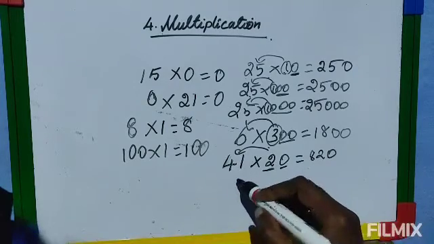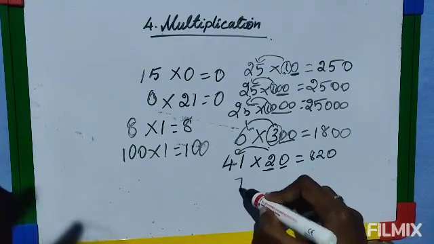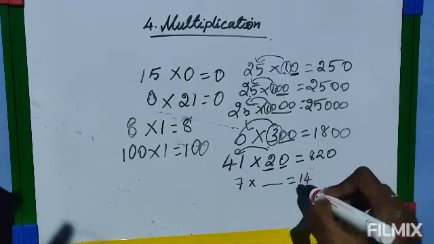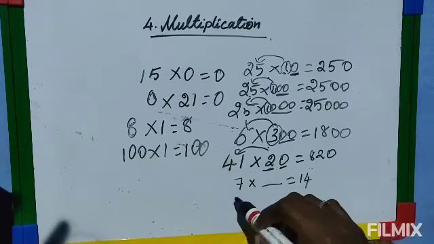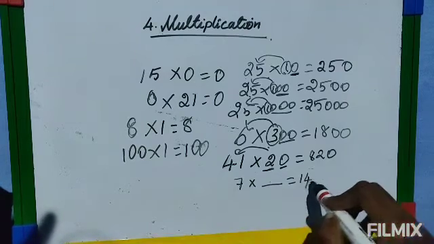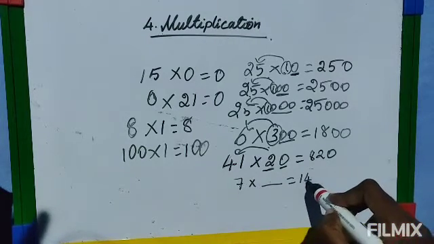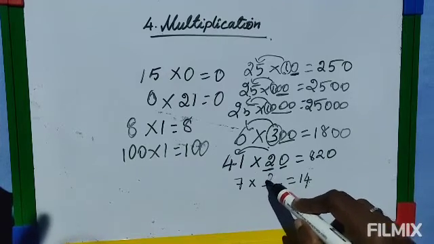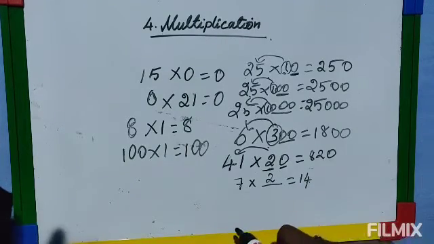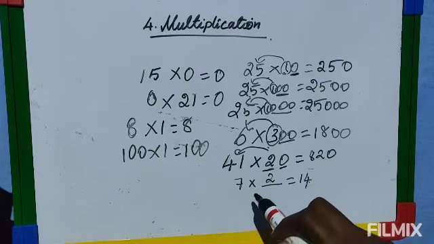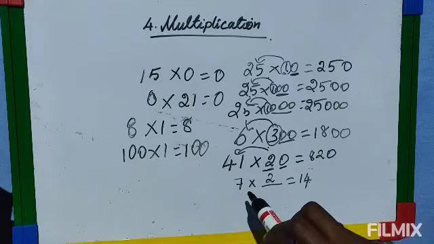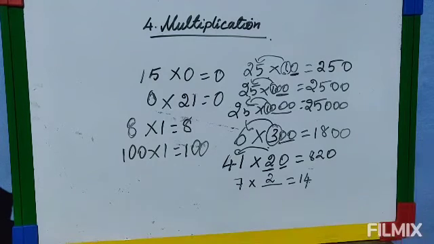Okay, now suppose it is given like this, and you don't know this number, and here it is given 14. So you have to find the missing number. How will you find it? Now here is 7, here 14. So 14 is double of 7, no? It should surely be multiplied by 2, then only it becomes 14. So you will know how to find the missing number, I think. So do it, okay?